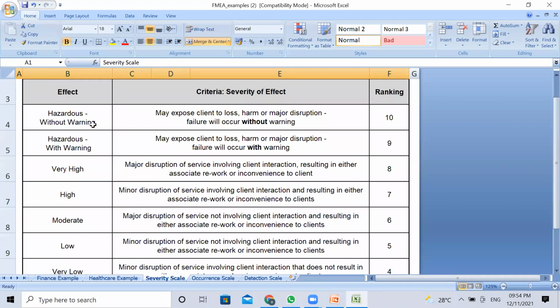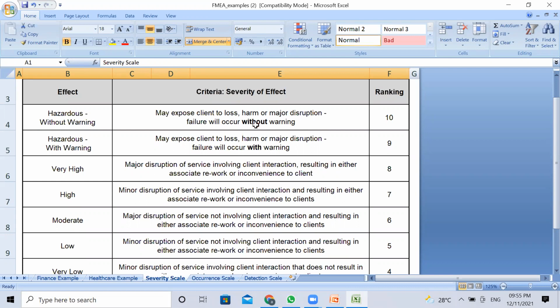If the failure happens without warning, it means it may expose the client to loss. For example, the customer is currently assembling some electronic component, and then suddenly this particular component fails. Because of that, his entire line is going to stop, right? He cannot proceed further on that, right? So whenever you are exposing the client to loss without any warning,